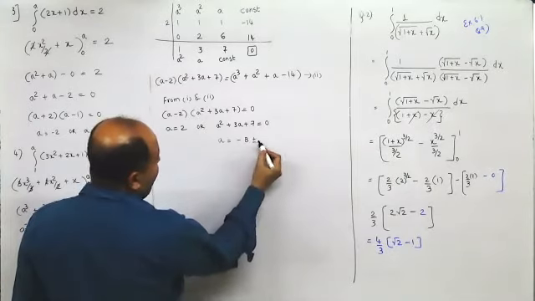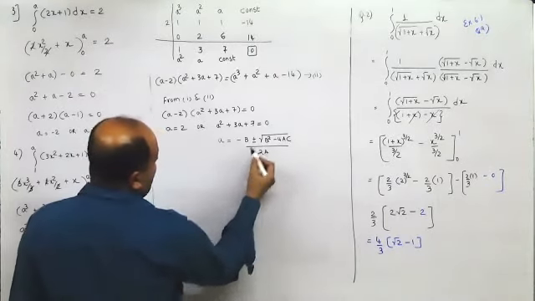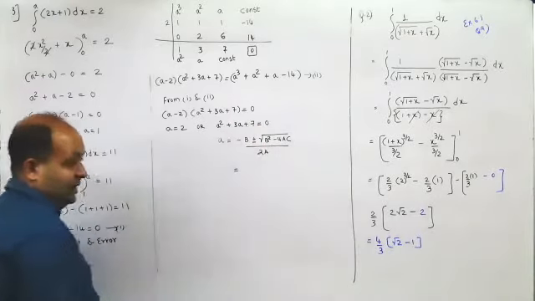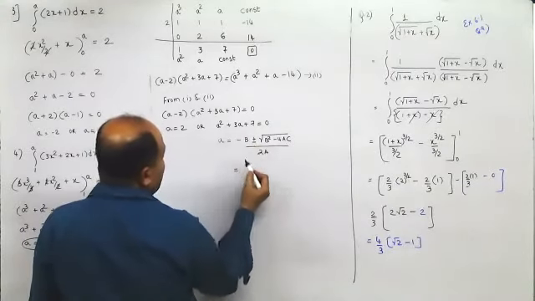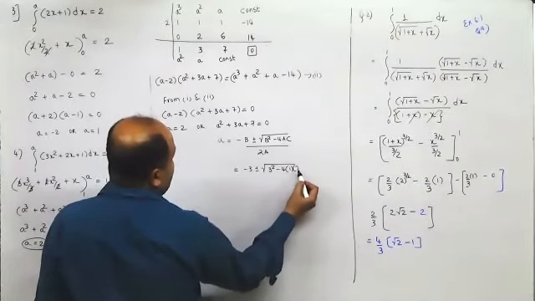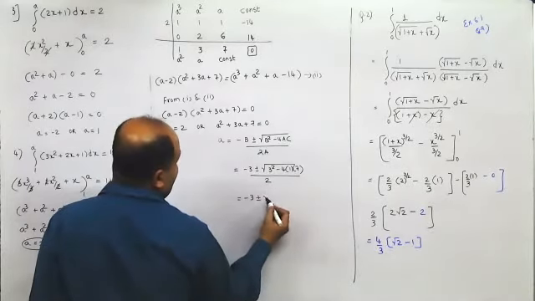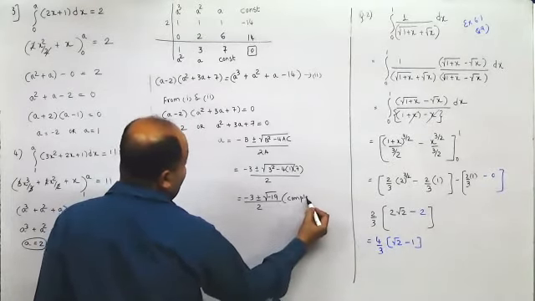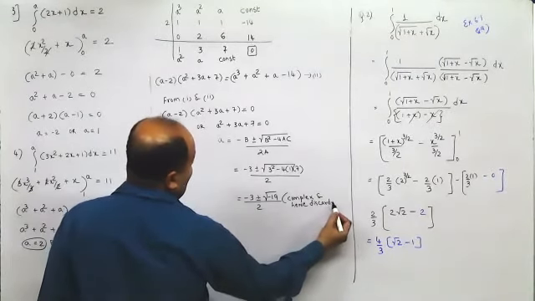Minus b plus or minus root b square minus 4ac upon 2a is the formula that you use. So what you can do is you can say b square minus 4ac is negative. Therefore, this solution is discarded. Or you can find the roots. You can say this is minus b is minus 3 plus or minus root 3 square is 9 minus 4 into 1 into 7 divided by 2. Minus 3 plus or minus 9 minus 28 is minus 19, so upon 2 complex and hence discarded. So you can say a equal to 2.